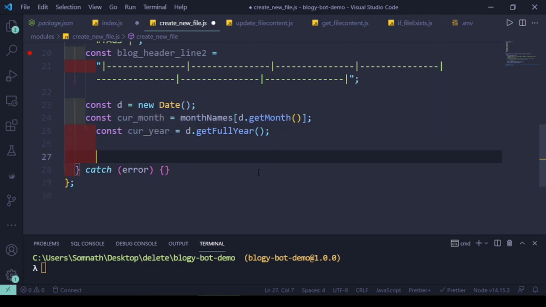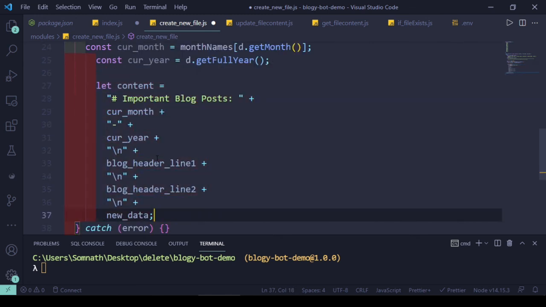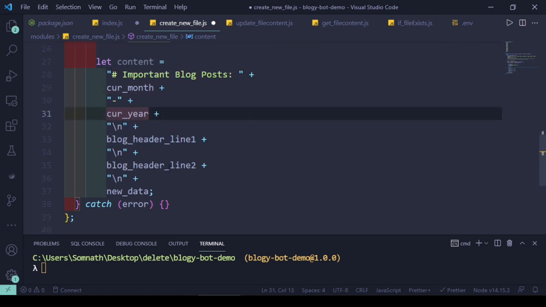So what next? We need to now create the content, and it goes like this. Let the content become this important blog post, starting with this hash, followed by the current month and year, and then this table header and the separators, followed by the new data, whatever data I will grab from the Python code, which will scrape all the blog content, collect all the information, and structure it inside the Python child process, and it will return it.